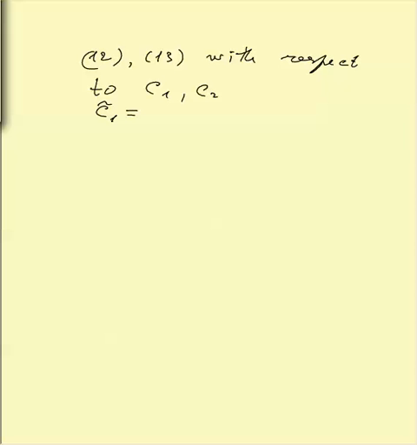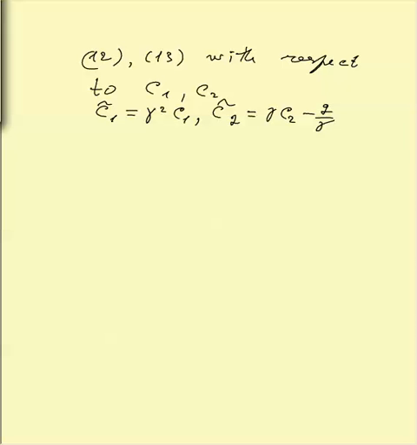So after solving equations 12 and 13 with respect to C1 and C2, and introducing new constants, C1 tilde defined by gamma square times C1 and C2 tilde, which equals gamma C2 minus g over gamma, we obtain